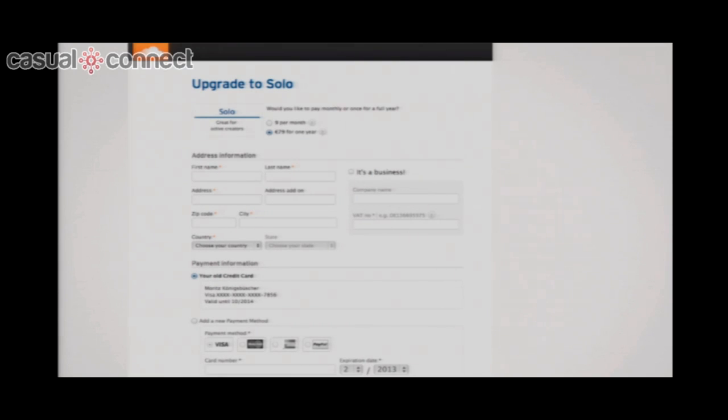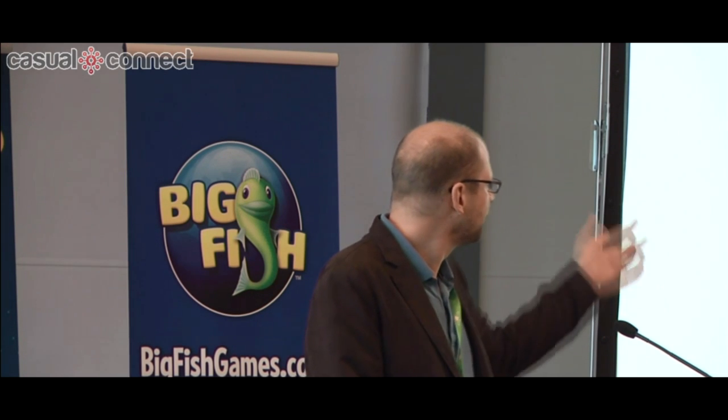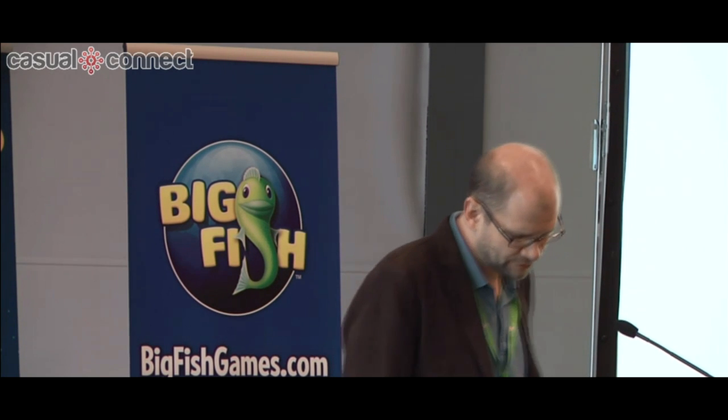You can choose the plan if you want to go for monthly or for yearly. You need to enter your address information. As I said, it's more of a B2B thing, so you can get an invoice from us, or actually you do get an invoice from us. We then just ask you for the payment data, and if you have paid before at SoundCloud, your old payment data is pre-filled, and so you can reuse that.